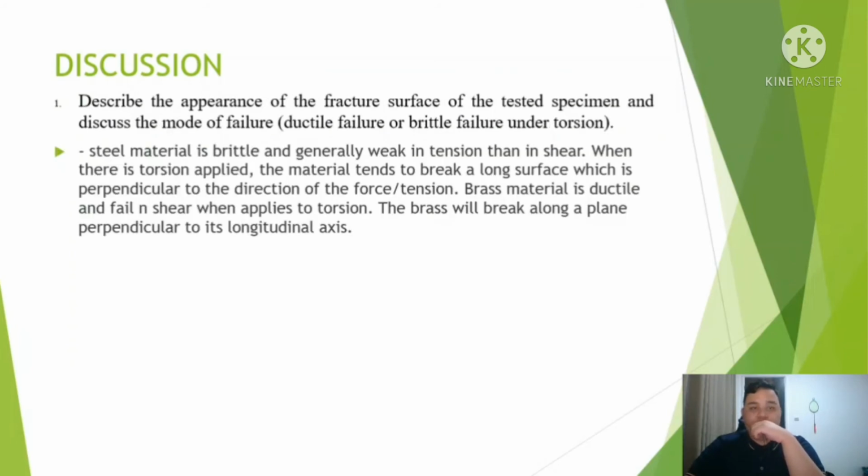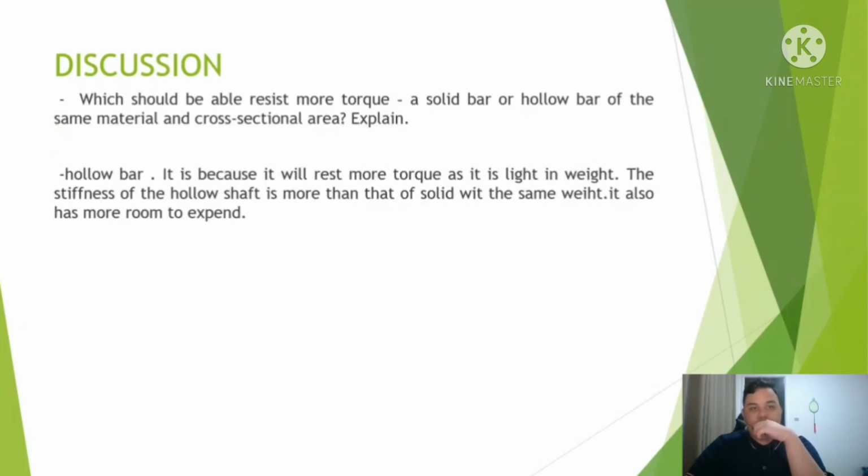And then describe the appearance of the fracture surface of the tested specimen and describe the mode of failure. Steel material is brittle and generally weaker in tension than in shear. When torsion is applied, the material tends to break along a surface which is perpendicular to the direction of the force or tension. Brass material is ductile and fails in shear when torsion is applied. The brass will break along a plane perpendicular to its longitudinal axis. Which should be able to resist more torque, a solid bar or a hollow bar of the same material